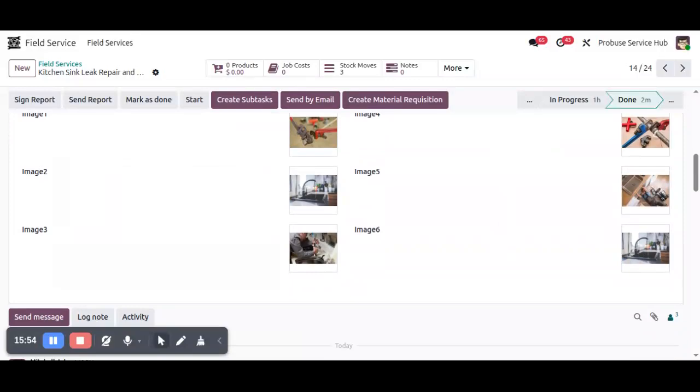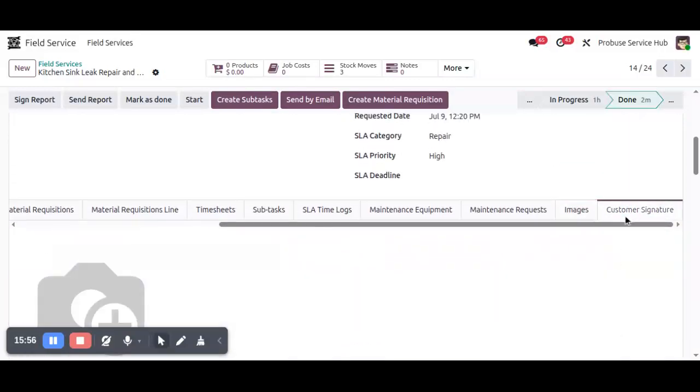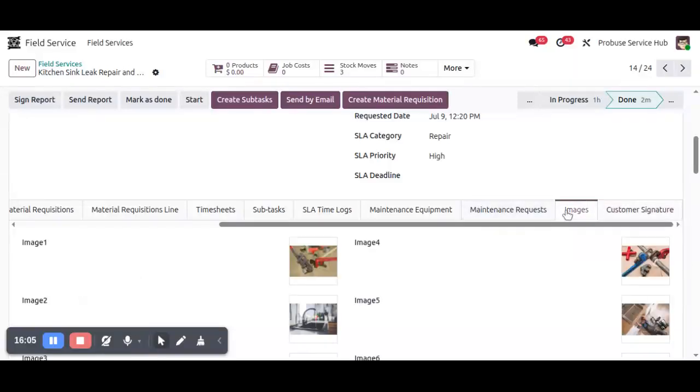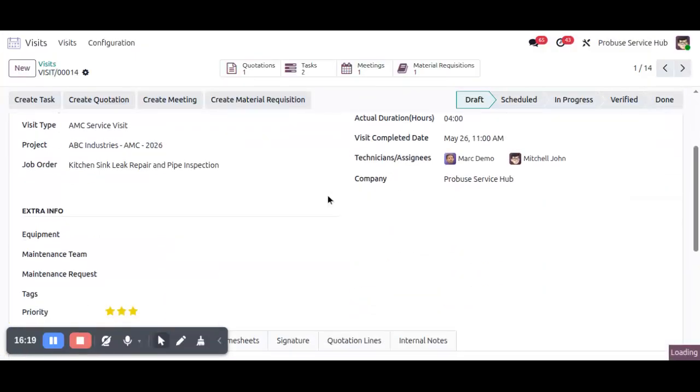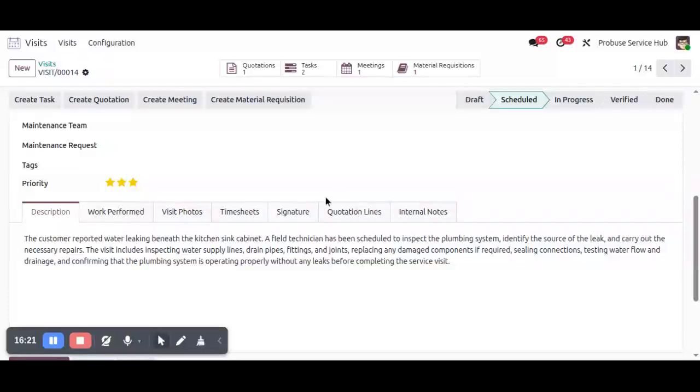Okay. After this, here we have a customer signature workflow. We will see this workflow later. It is basically a portal-based workflow. So after reviewing the complete field service record, navigate back to the visit to continue the remaining workflow. Let's open the visit document. After returning to the visit,